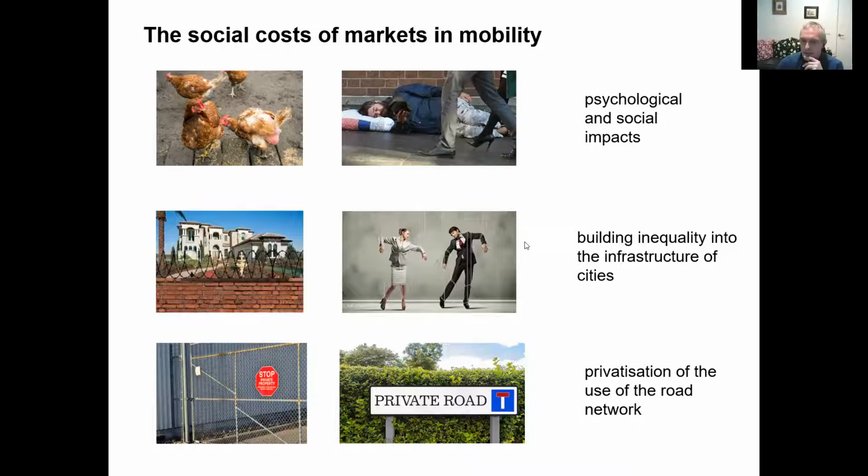The second sort of cost we've considered is around social justice and the idea of invisible privilege. So systems designed to allow the wealthy to move through space more freely are going to constitute the building of inequality into the transportation infrastructure of cities. And some of the ways this may occur also could be invisible to road users.